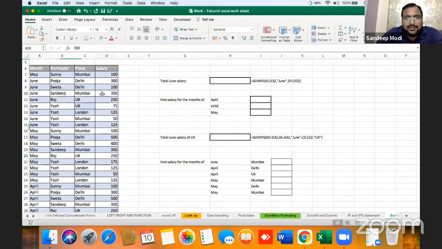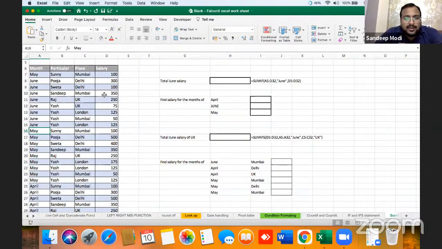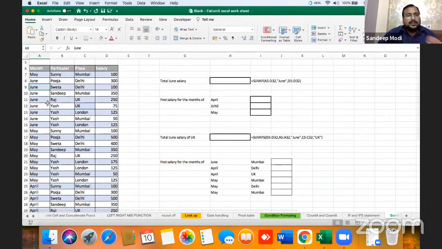Yeah, my screen is visible. Yes, it is. So now let's complete SUMIF and SUMIFS. Maximum time we have this kind of data with us, but we want to know what is the total of June salary?